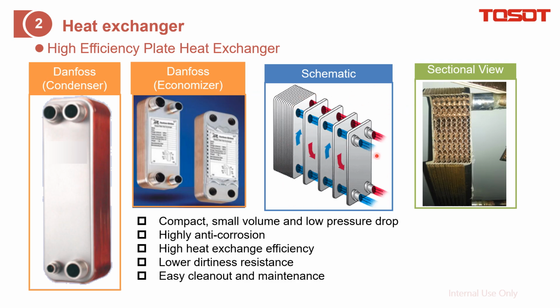From the sectional view, you can find that there are lots of plates inside. From this schematic diagram, you can find that on the plate left and right, there are different flows. Also, with this structure, we can raise the heat transfer efficiency. Also, due to this structure, if the water is not that clean or takes in lots of debris, it can easily clog here. That's why we have a higher requirement for the water quality, and also strongly require installing a filter before the water enters the Versatility.